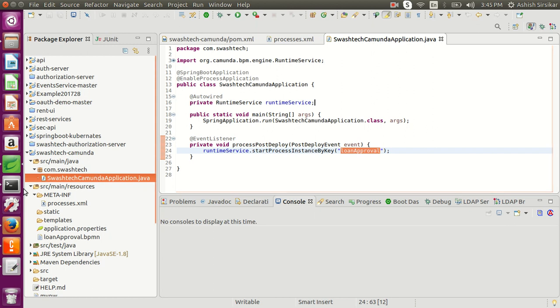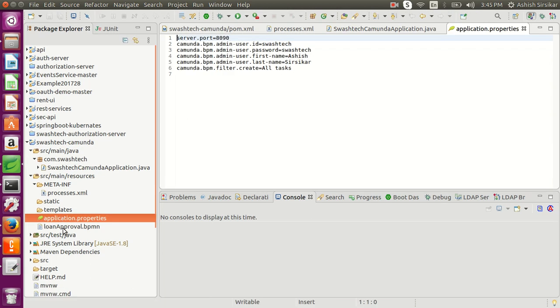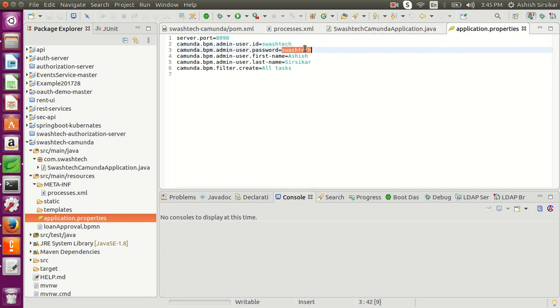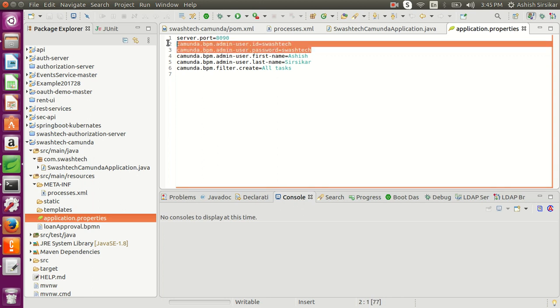And the third step is we have to put some configuration as well. So this is my server.port, this is my Camunda bpmn user id and password. If you don't put your user id and password here, then at the time of application login it will ask you to create one user. At that time you can also create it, but I am creating it here only.